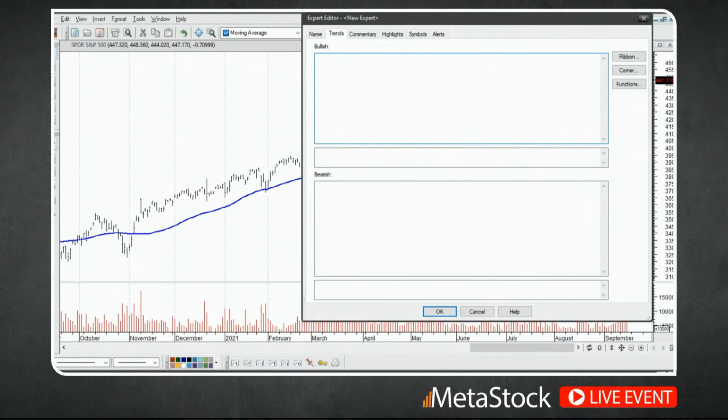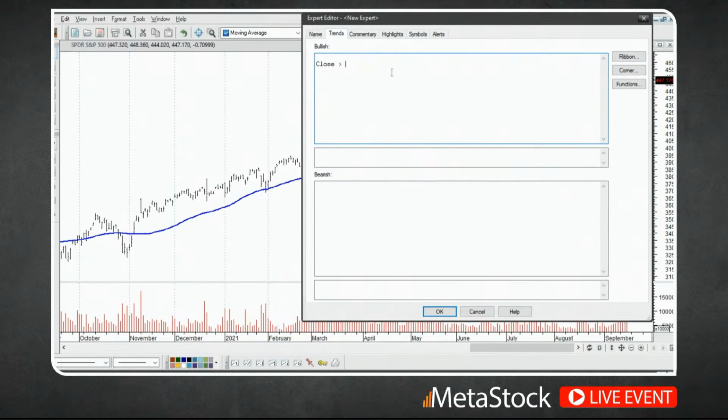To identify the closing price of a security, you just identify that with the word close. What I want to identify is if the close is above a moving average. The identifier that we're going to use for above or below, for example if it's above, is a greater than sign. And then for the formula for the moving average,